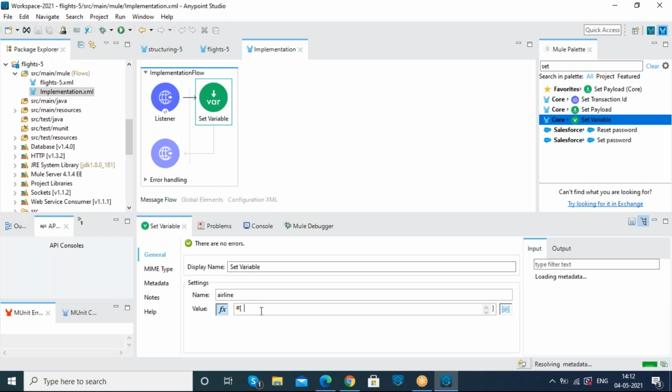And in order to call this airline value dynamically, we just need the HTTP request attributes. We just need to wait for them.